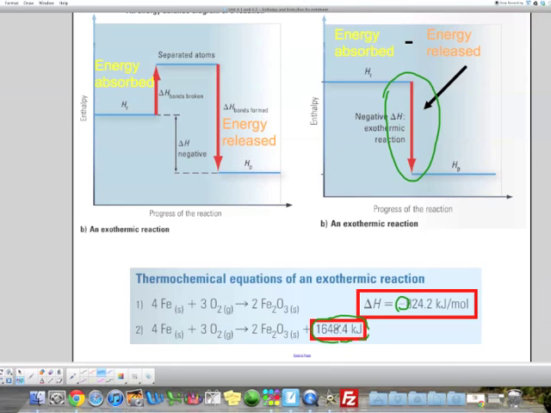Now you'll see here that the number is different. It's because here they're expressing it as per mole of Fe2O3. But since I have 2 moles of Fe2O3, if I'm going to put it within the reaction, I have to be consistent. So I have to put double the amount of energy since I'm releasing 2 moles of Fe2O3. So here they really should have put